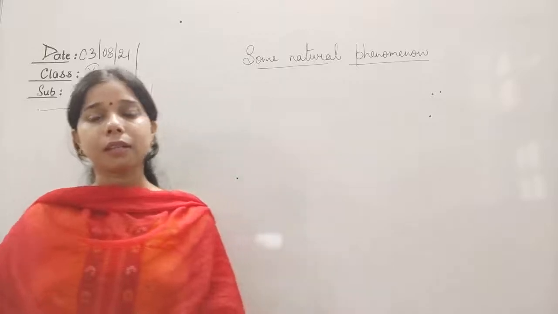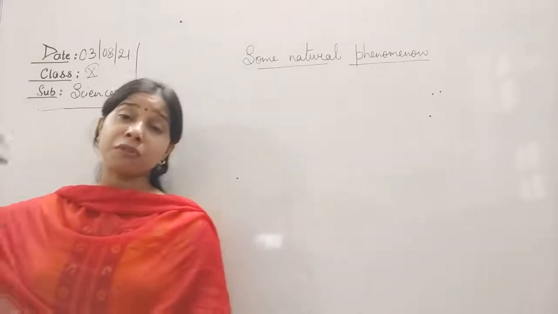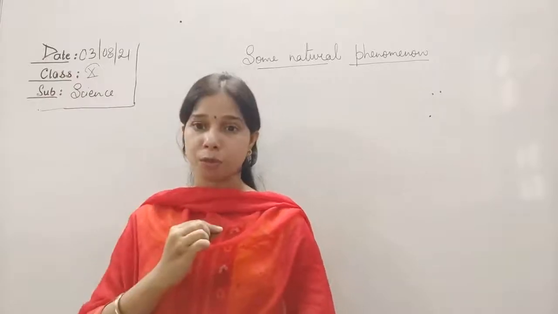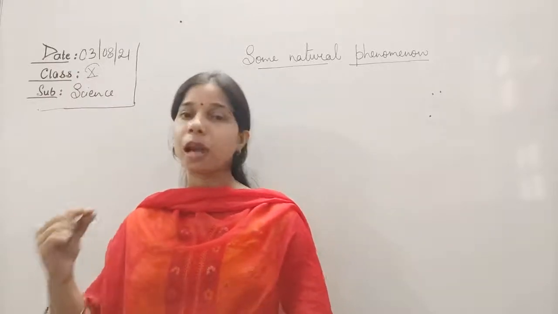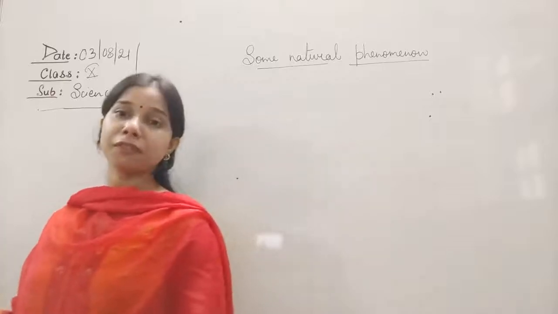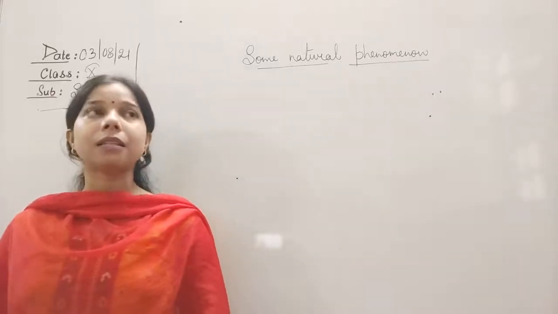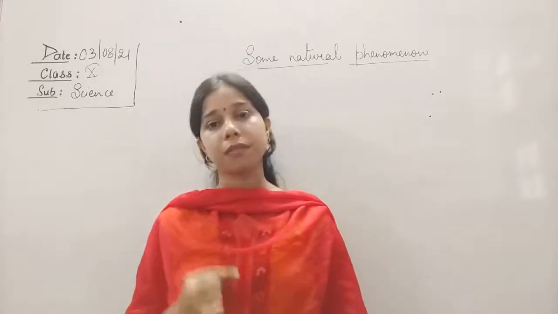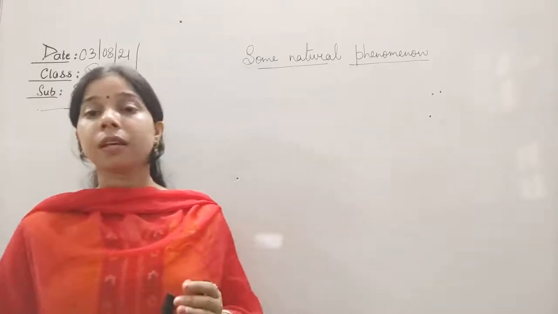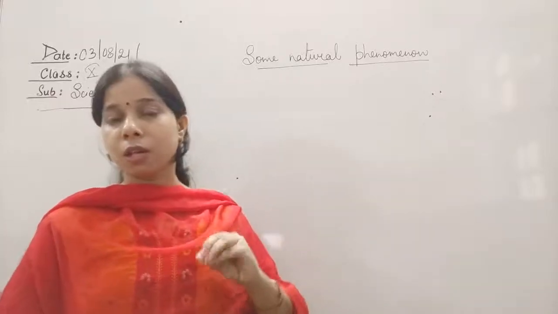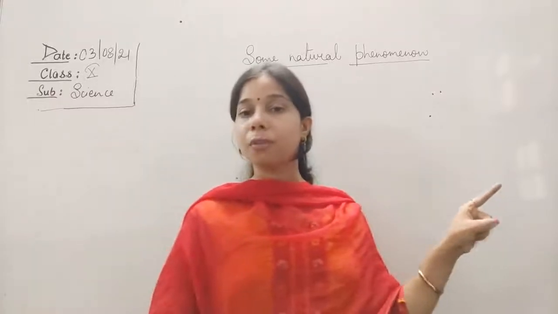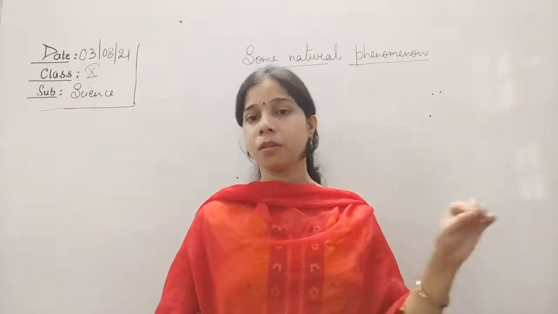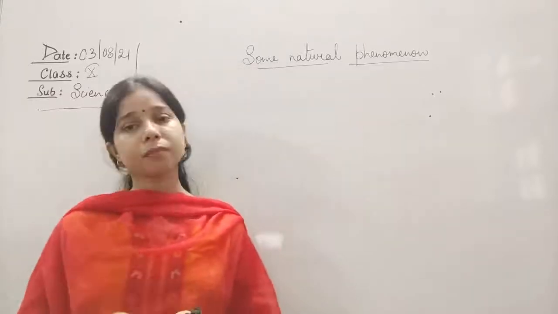When the light from a star, which is really very far, comes, we consider it a point object because it is very far. I told you that when we keep an object at infinity, we assume that it is a point object. So the light coming from the point object will be a point source of light. When a point source of light coming from the stars enters the Earth's atmosphere, it gets refracted.